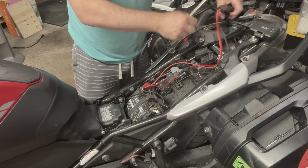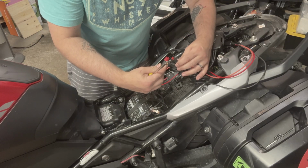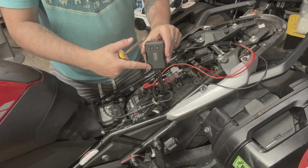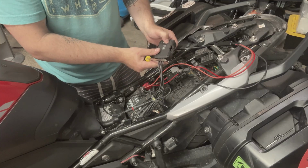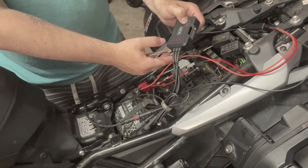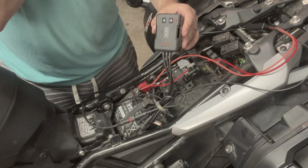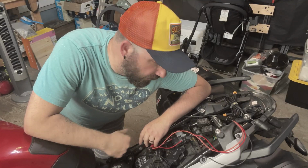Hypothetically speaking, the power should be connected. So red goes to red, in a very specific way. Now you see all the power's off. Press and hold the power button. All the power's on. Now, of course, the downside of this particular model is that it doesn't have a screen,